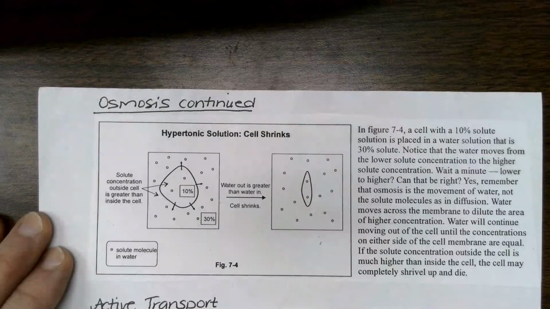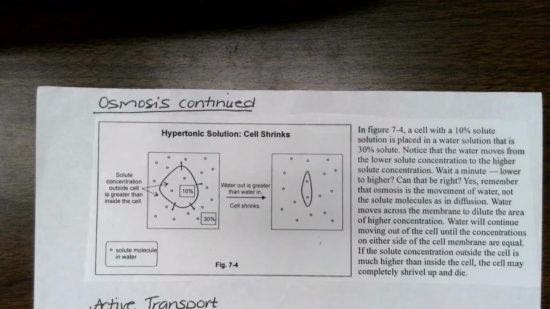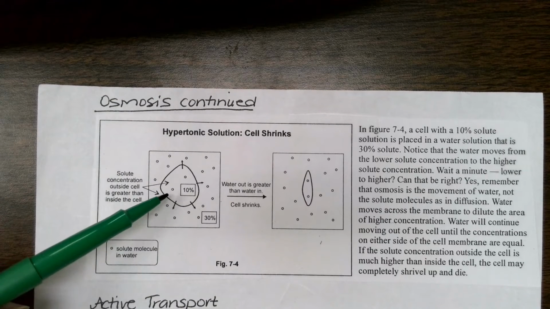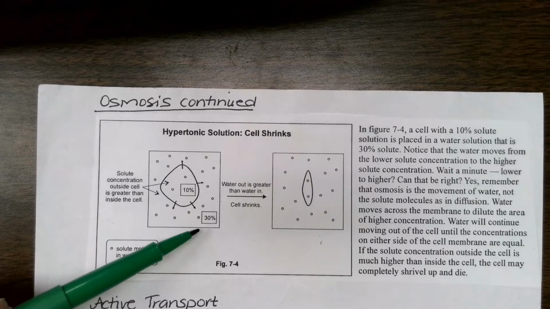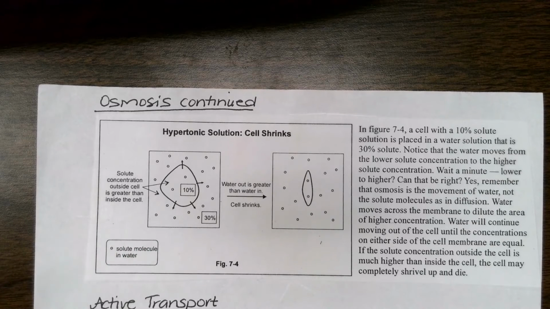Okay, then on this one, you've got a cell in a hypertonic solution as the last example of osmosis. Description on the right, picture on the left. This time, notice you've got a 10% solution inside the cell, 30% outside the cell. So water is going to leave, the cell is going to get smaller, the pressure inside the cell decreases as well, okay? Make sure that you read over all of those about osmosis, compare them to the PowerPoint notes, right,